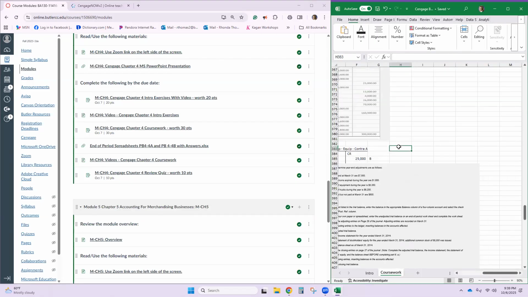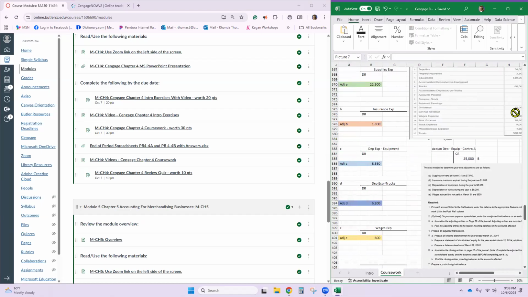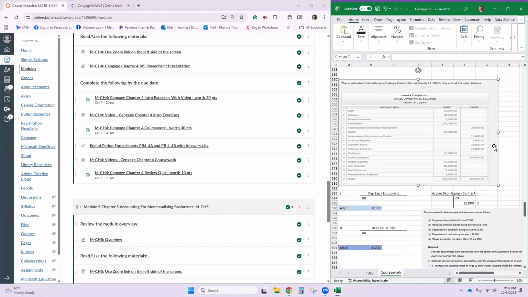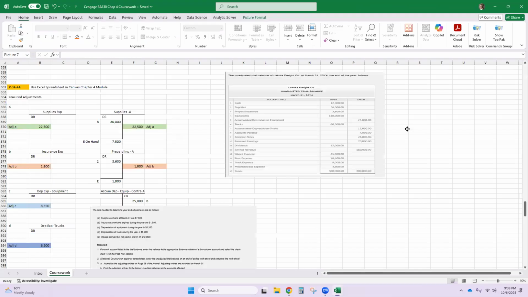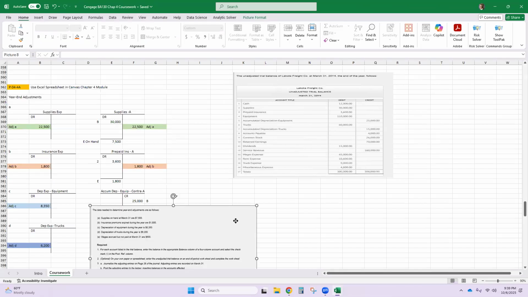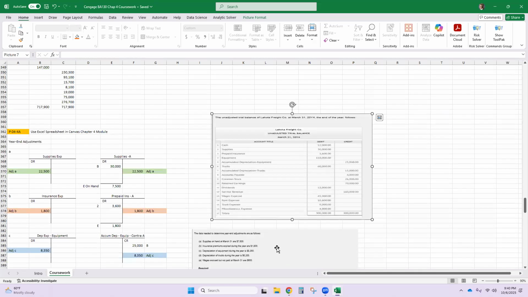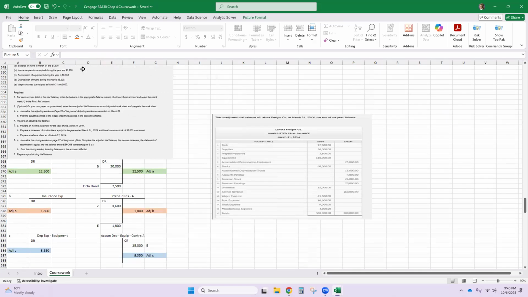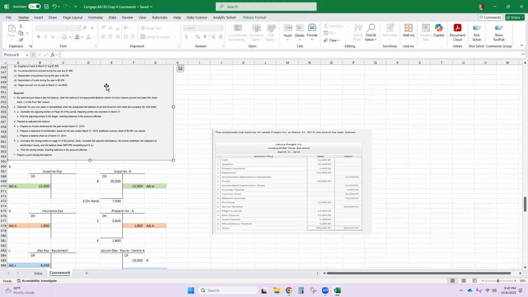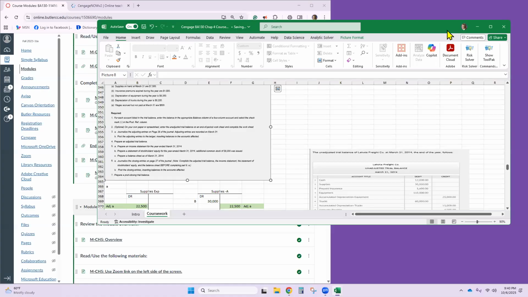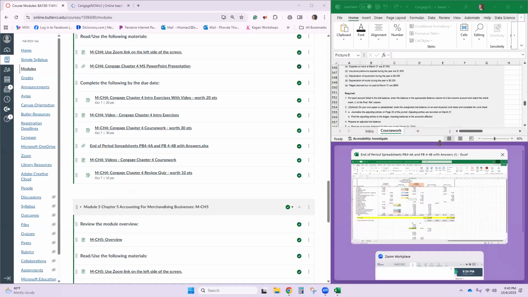Remember, we're still using T accounts to evaluate our transactions. Let me put this over here to the side. I've got my T accounts ready to analyze what we're going to debit and what we're going to credit.